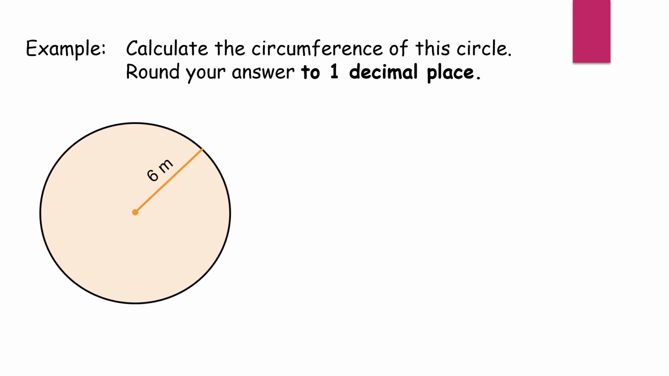Now, in this example, we want to calculate the circumference of the circle and round our answer to 1 decimal place, but this time we've been given a radius because we can tell that it's going from the center to the circumference and not all the way across like a diameter. So we're going to use the formula c equals 2 pi r. So we're substituting in our values, so it's 2 times pi times 6 on our scientific calculator, and that gives us a value of